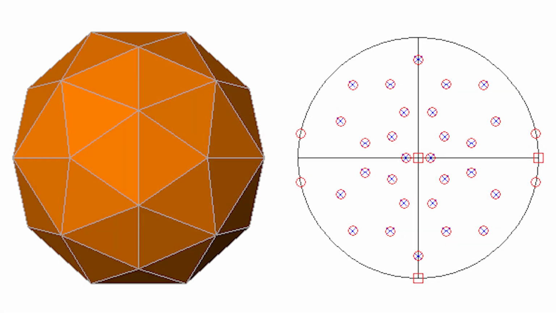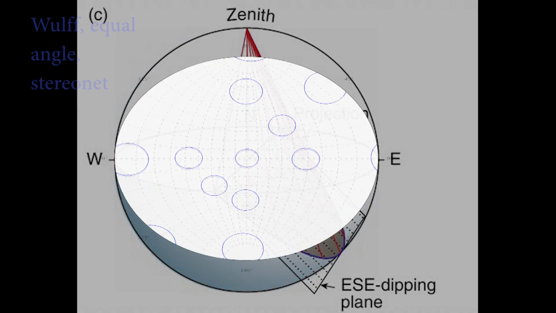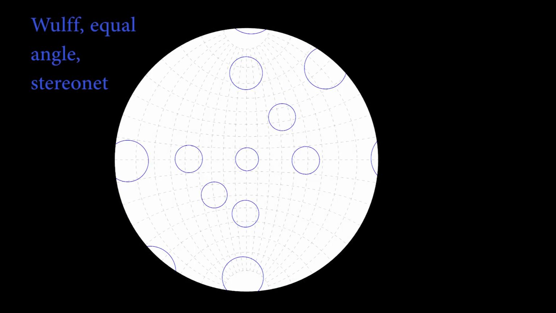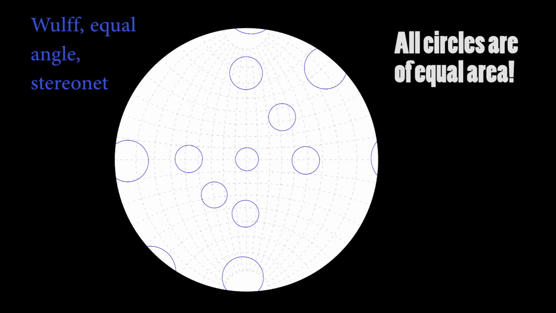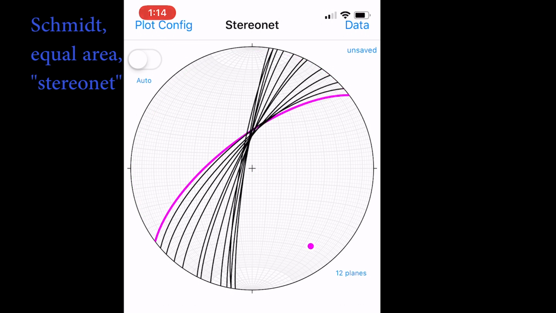This true stereonet is also known as a wolf net. But an equal angle wolf net projection does not produce equal area on the plot, so that the spread of a concentration of points can vary in size up to a factor of 2 depending on where it is on the net. Because of this, a true stereonet showing equal angles is not so useful for clustered data analysis and